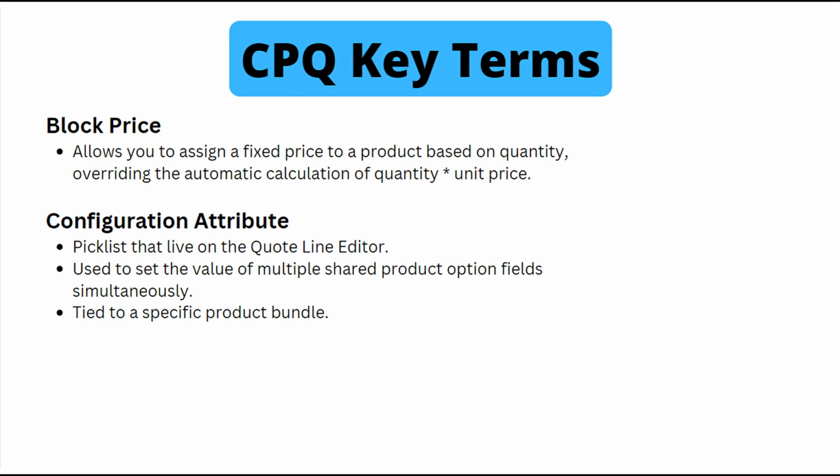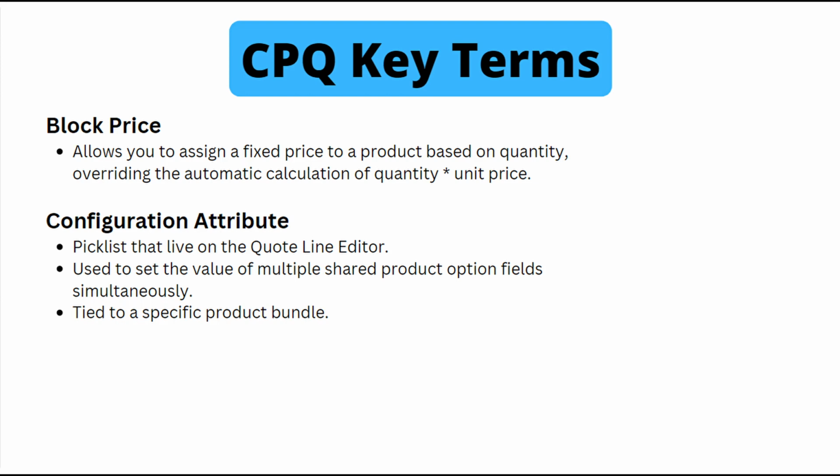Block price allows you to assign a fixed price to a product based on quantity, overriding the automatic calculation of quantity times unit price. Keep in mind that block price is just one of the pricing methods. So if we move on to configuration attribute, these are pick lists that live on the quote line editor. They're used to set the value of multiple shared product option fields simultaneously, and they're tied to a specific product